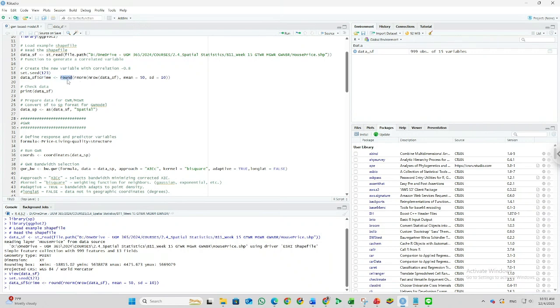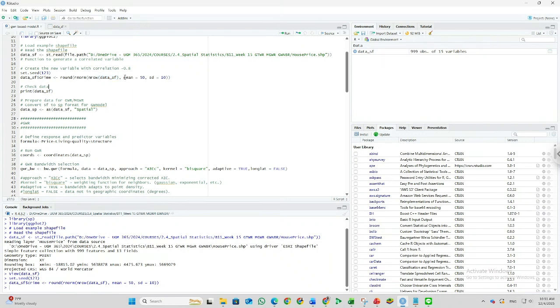If you want the new variable to have decimal values, you can skip the round in this code. We will use the normal distribution for the new variable, and we set the number of data points based on the number in the data that we have.